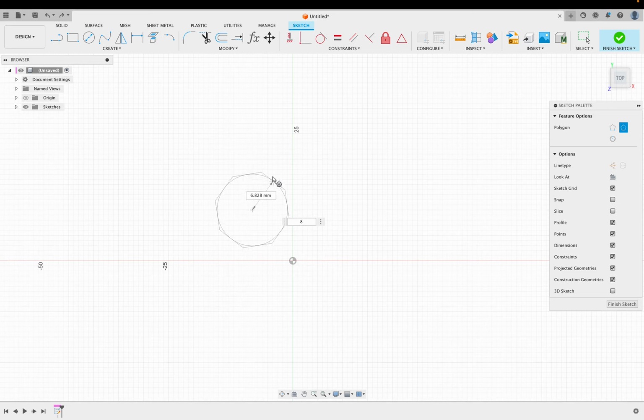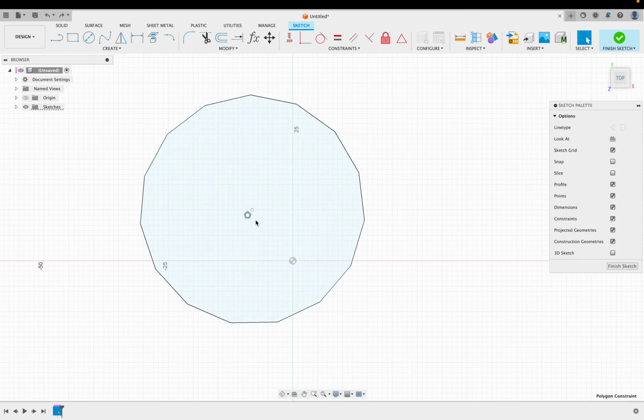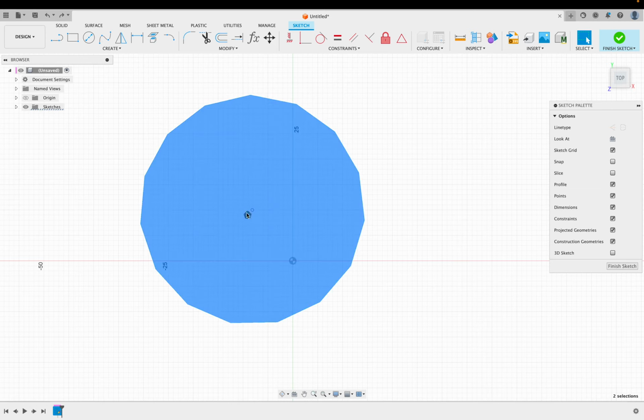Let's say I stop my mouse, press tab, and say 50. Now I have a 15-sided polygon. And when I click, it's there. So this is the polygon with my 15 sides, and this small icon is showing me that it was created